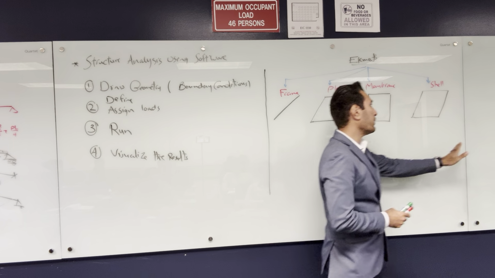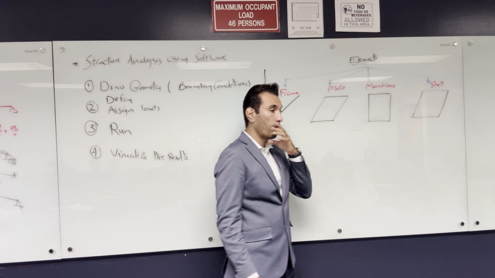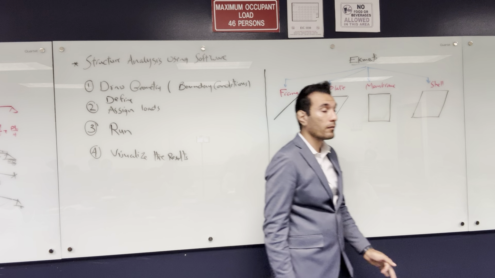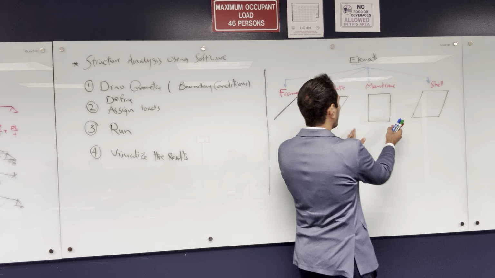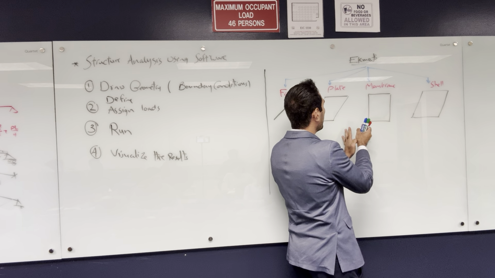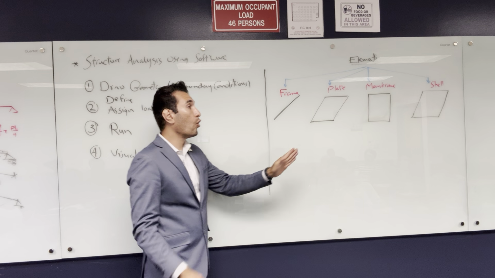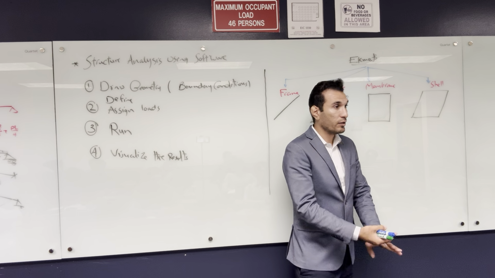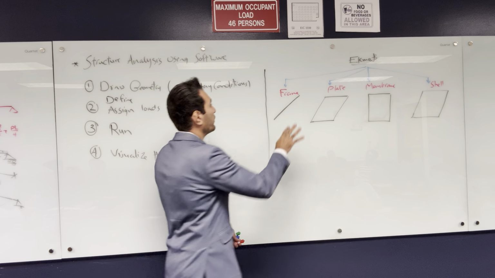There's a solid element, maybe we can talk about it if we have time. The plate and the shell, like they look like they're the same shape. Actually, I can draw them the same shape. I'm just drawing them that way so I can visualize something. But they are all plates. Like this slab can be plate, can be shell, can be something else. All right? Okay. So for the frame element,